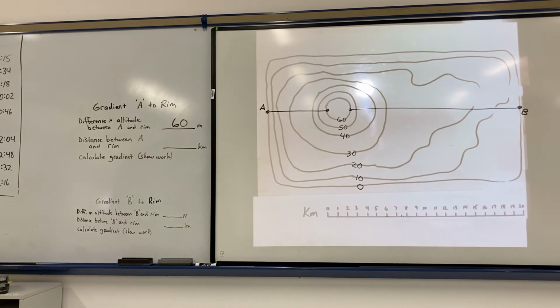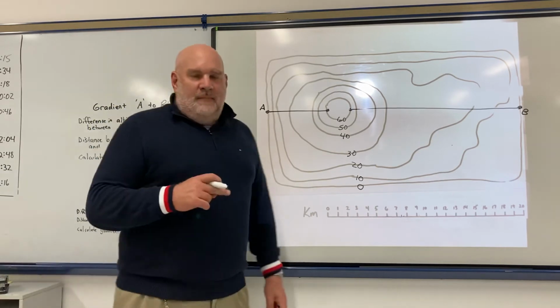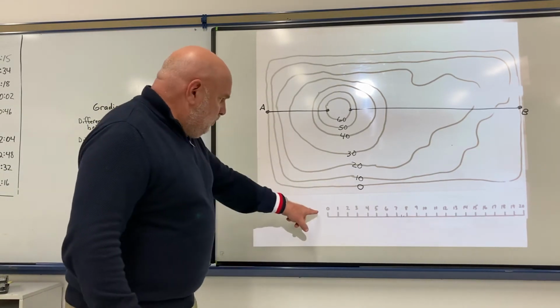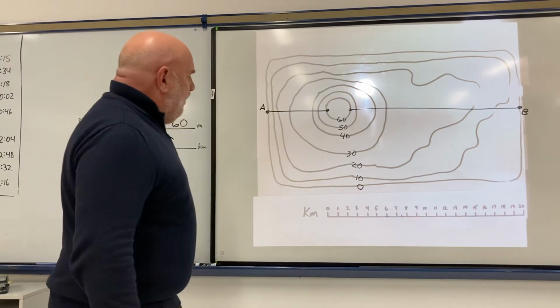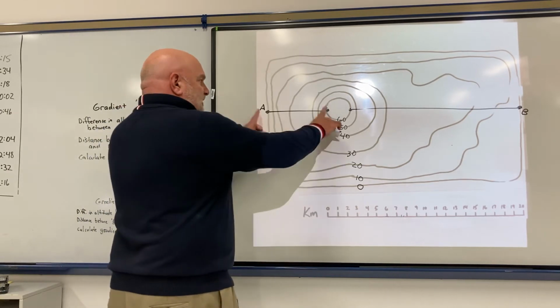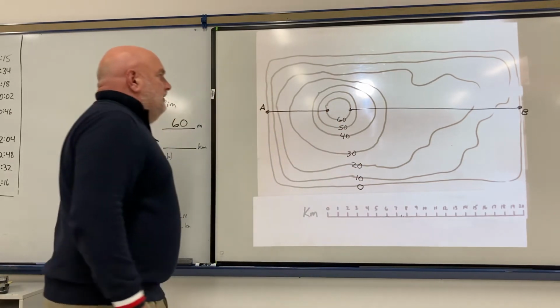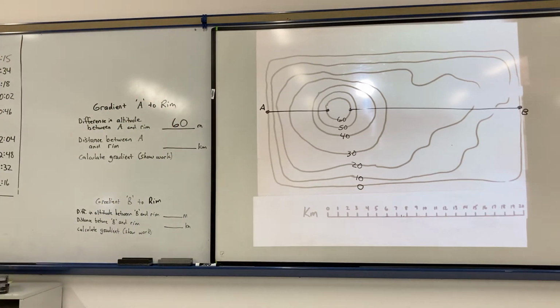Next, it says distance between A and rim. All right, so the scale of this map is 1 centimeter equals 1 kilometer, which is what this is right here. This is in centimeters right here. So what I want to do is measure this and then go to this scale right here to find the distance. All right, so how I'll go about doing that is,